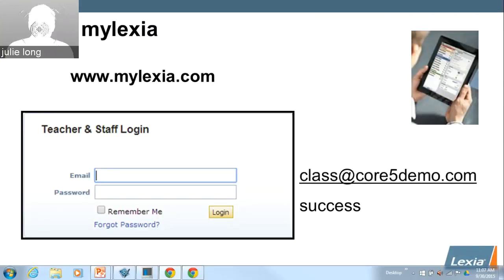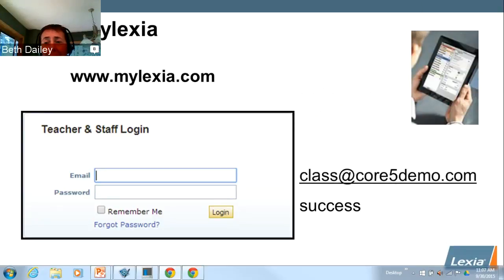Now, the students log in differently. This is for teachers and staff to log in. I did not set up librarians or Miss Moore, so you won't be able to get in. But you can get in. Yes, if you don't have a login, this will get you into the demonstration site,